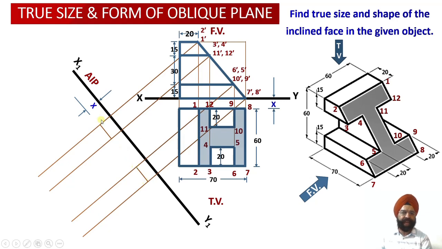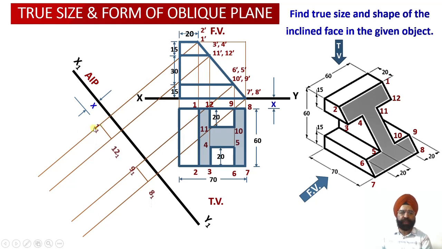So this will be my location of the point 1, 1. This will be the location of point 12, 1. This will be giving me the location of the point 9, 1. And this will be my location of point 8, 1. And since these points are appearing corresponding to the projection lines which are visible to us from the elevation